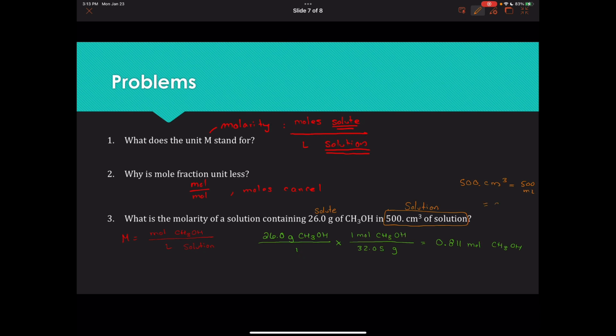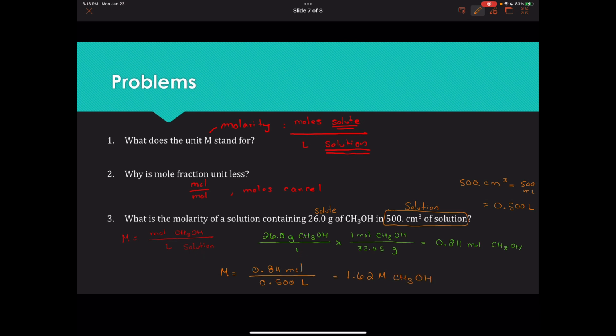If I convert that to liters, that is 0.5 liters. So combining this for my molarity, I'm taking my 0.811 moles of solute divided by 0.5 liters of solution, and I get a molarity of 1.62 molar